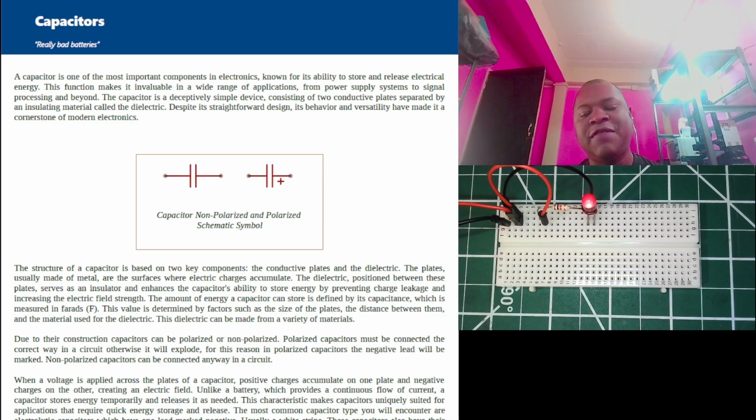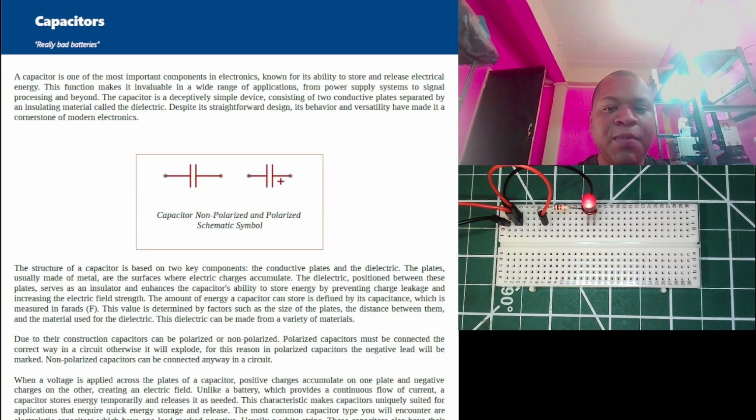It's a really simple device, right? A capacitor has two conductive plates separated by an insulating material we call the dielectric. Depending on the type of dielectric material you use, the capacitors have certain properties and are used for certain applications. And one of the properties that the dielectric influences is whether the capacitor is polarized or